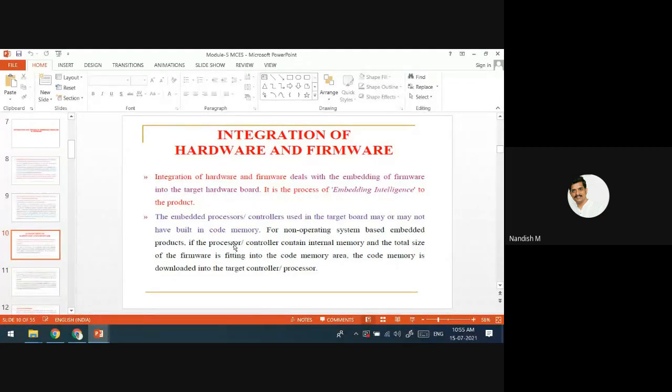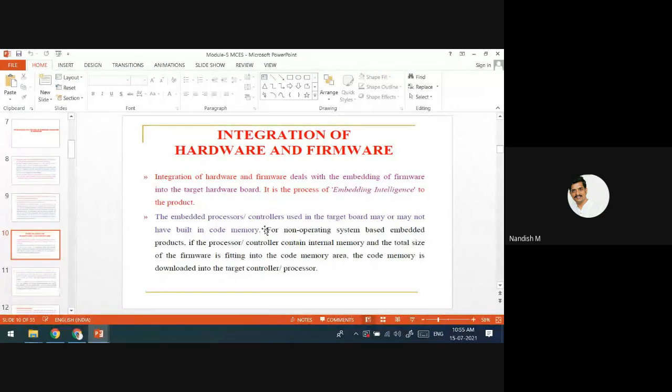If there is a microcontroller, then inbuilt memory will be there. If you take the processor, that external memory you have to place and then connect that memory to the processor. Is it clear? If I use the word embedded processor, then code memory you have to interface, interface means connect.